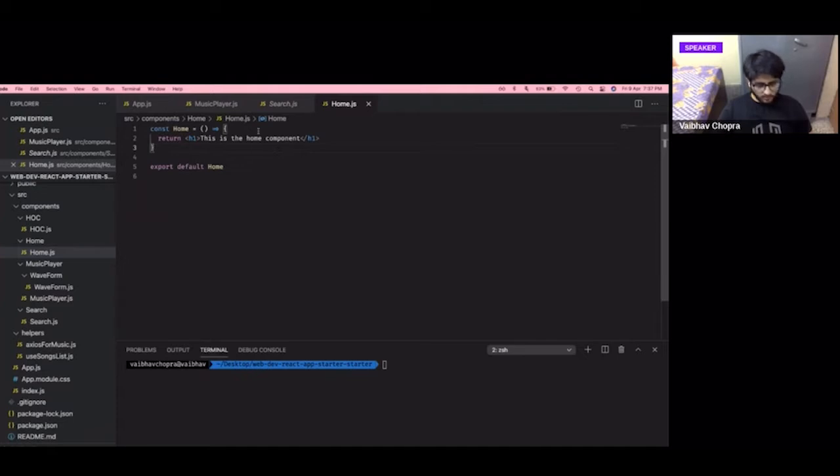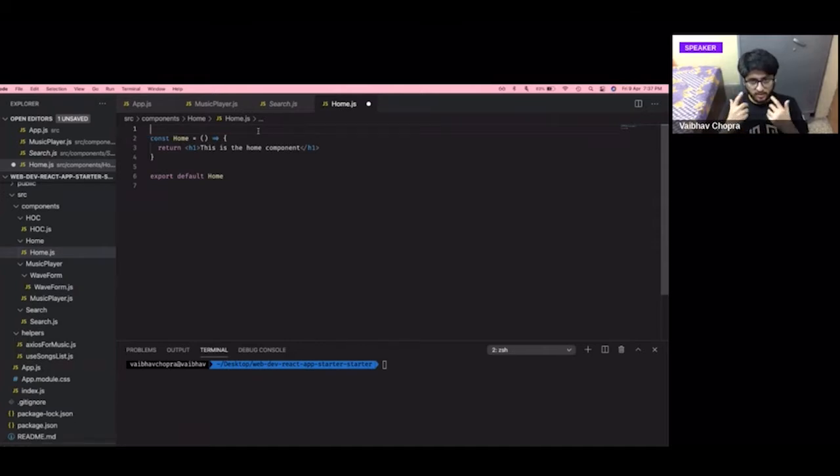So before we write the code for this home component which we left last time, we have to write that custom hook. Remember I told you that you can make a custom hook in React, which will be a combination of use state and use effect depending on your use case, right? So we will be doing that now.